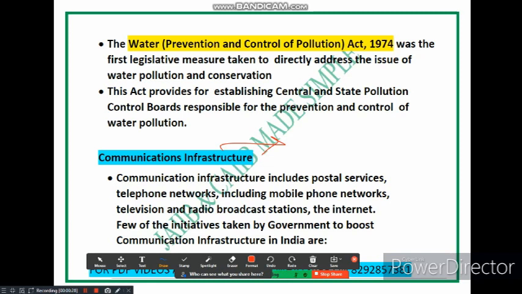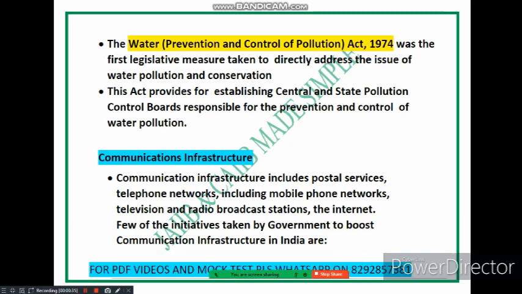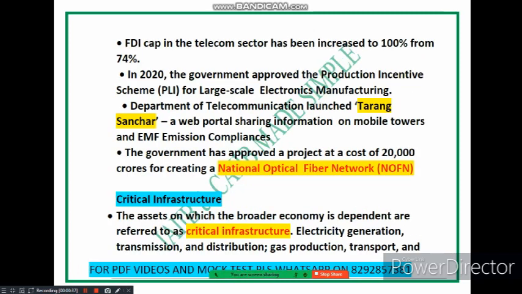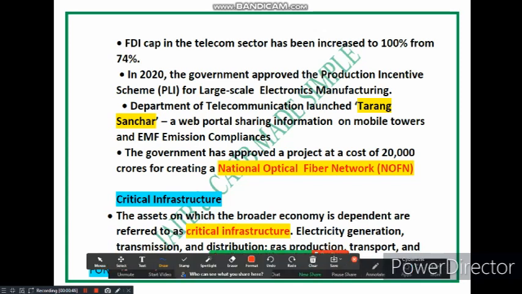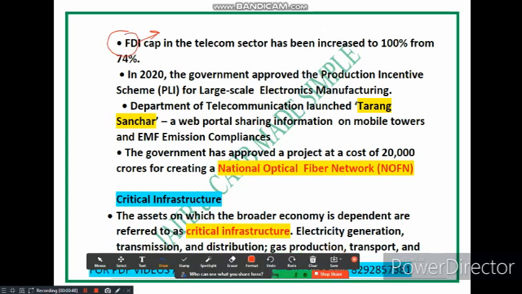You can see some examples given regarding initiatives taken by the central government to boost communication infrastructure. The first example is the FDI cap. Others are BharatNet, Digital India, mobile network expansion, and digital payment. These are some of the initiatives. Now let's talk about the FDI cap. Do you know what FDI means? FDI stands for foreign direct investment. It refers to investment made by a foreign company or individual into the economy of another country. So this FDI cap represents the maximum percentage of ownership that a foreign entity can have in a particular sector.